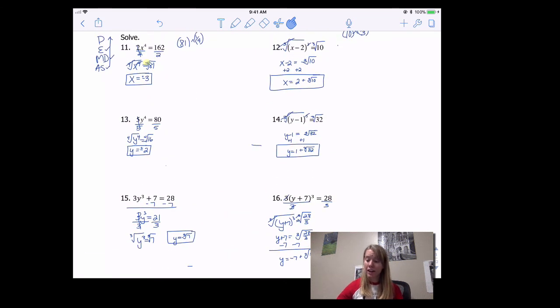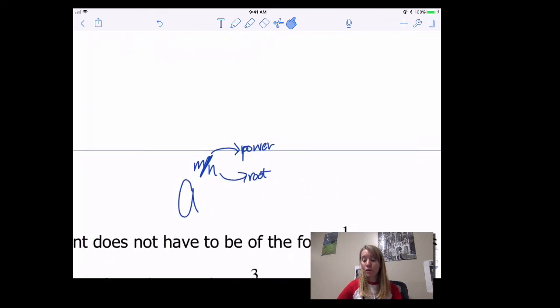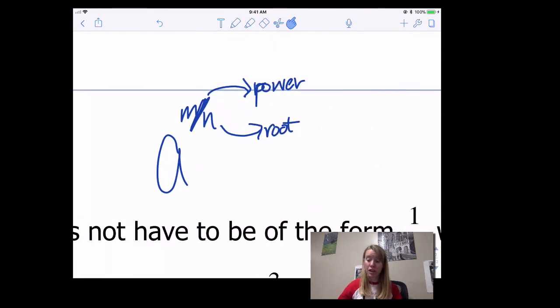So that's all we got for today. The main thing I want you to know is this. A to the m over n is power over root, and how to plug that into your calculator or how to find the root and then